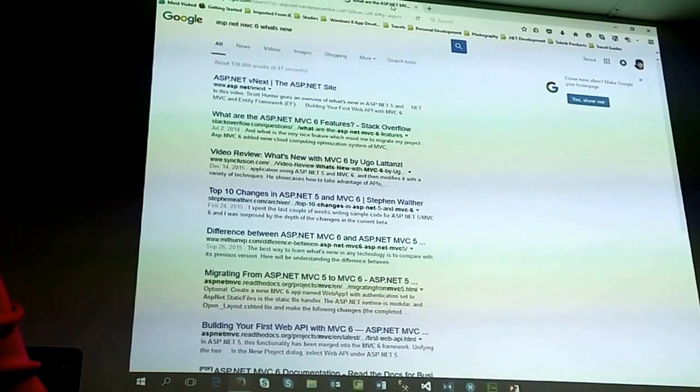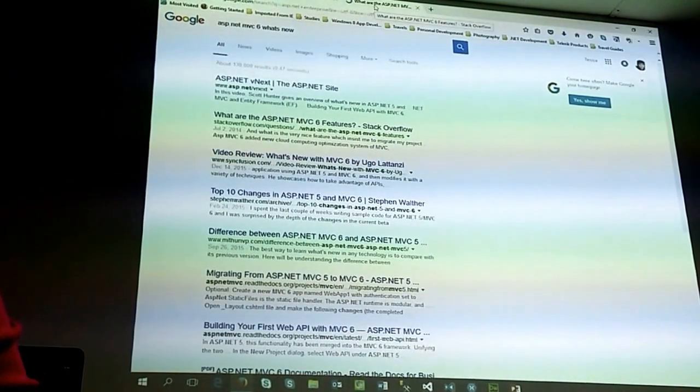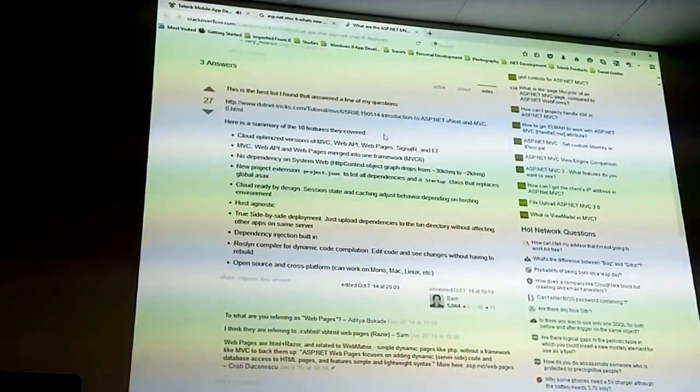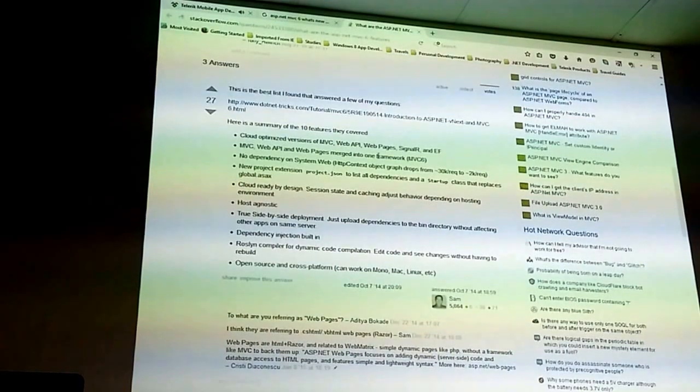I always love Stack Overflow. Okay, so if you want to know what are the new features,